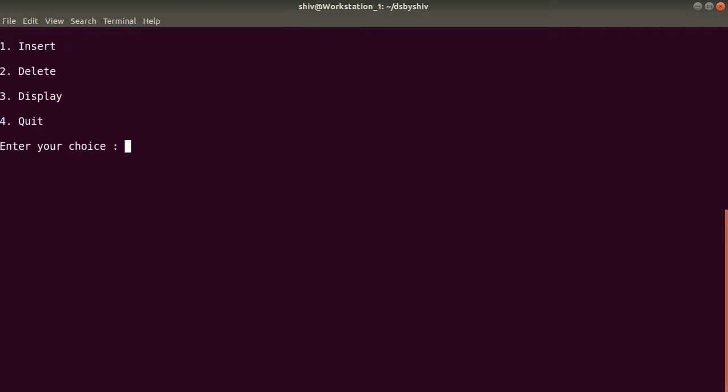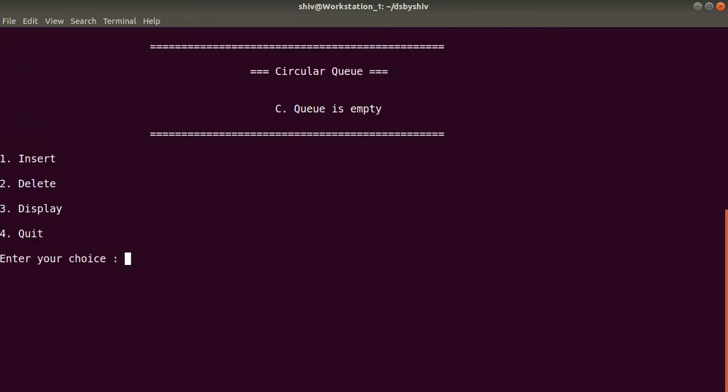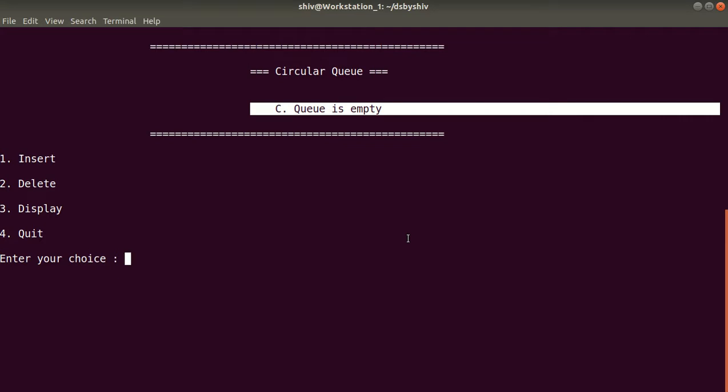So first I want to display elements in the circular queue. So I will write 3, enter your choice and press enter. It will display: circular queue is empty. Okay guys, it displays this message because we have not inserted any element in the queue currently.